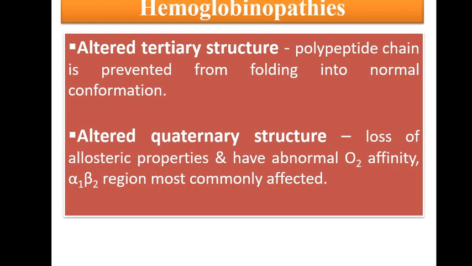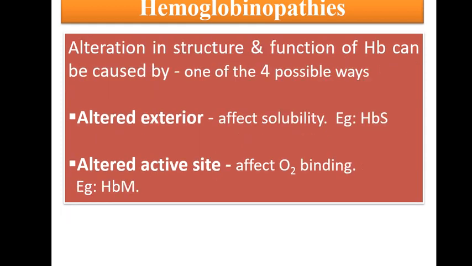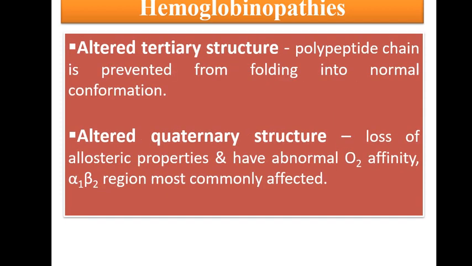So the quaternary structure is altered, the tertiary structure is altered. Similarly, the exterior of the hemoglobin is altered, affecting solubility, and the active site of the hemoglobin is affected, so binding with oxygen is also affected. This results in formation of abnormal hemoglobins. So this abnormal hemoglobin formation is called as